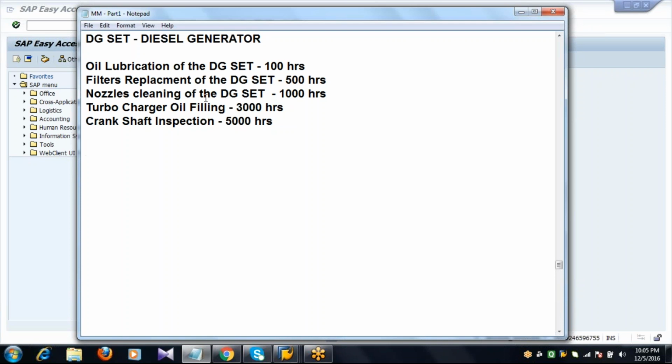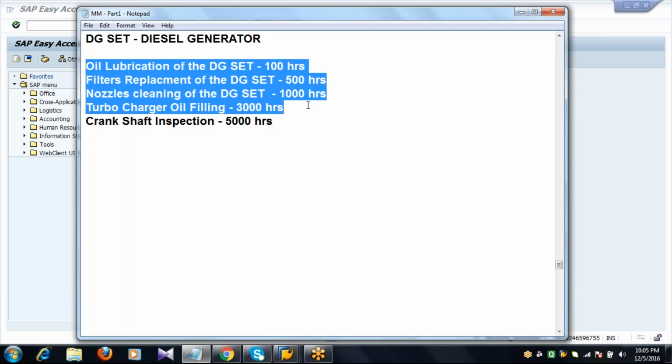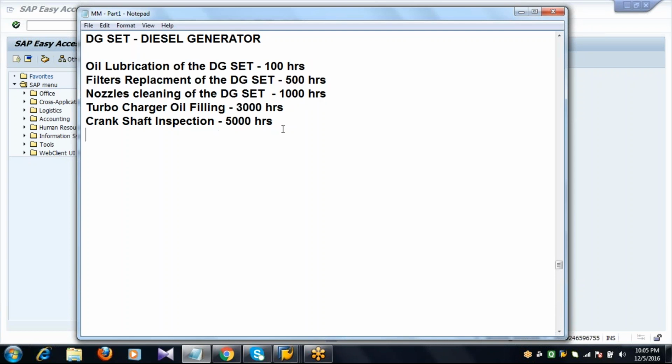In this case, the first four are done by the company employees themselves from the buyer side. The last one, crankshaft inspection, is not in our hands. It has to be done by the service vendor itself.